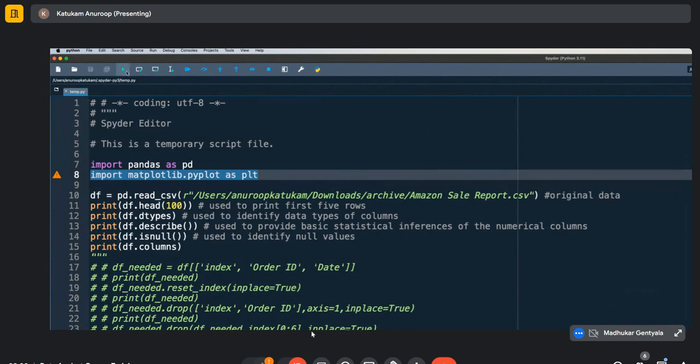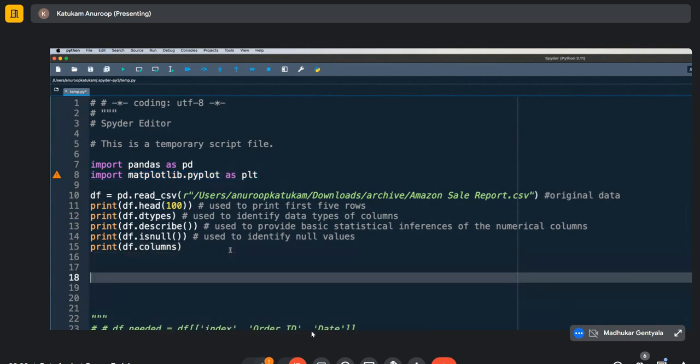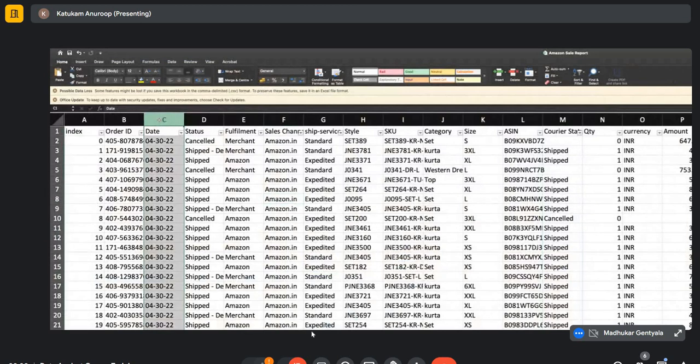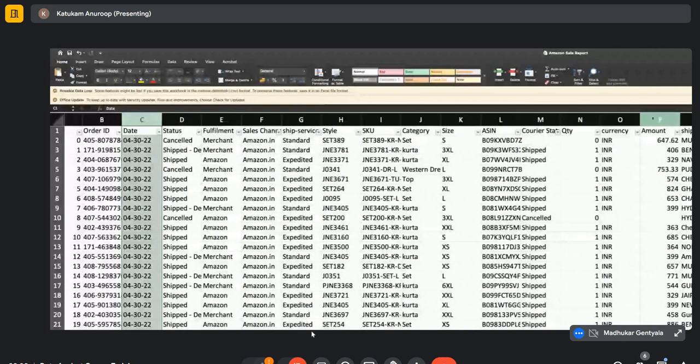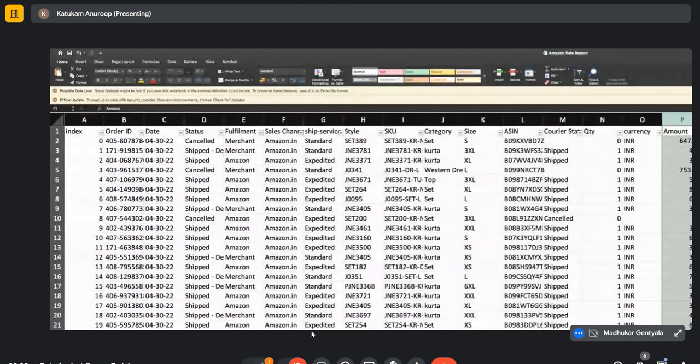Let me check if I have this library already. Yeah, we do have this library already. Let's start by creating one simple chart first, a line chart by date. Let's go back to our Excel sheet. So we have a date column, column C, and we have the amount column P, and I want to filter by one city, maybe Hyderabad, and then see the trend of sales by date